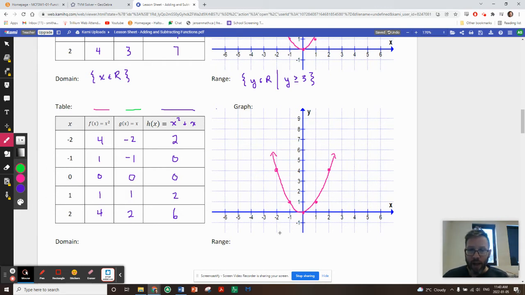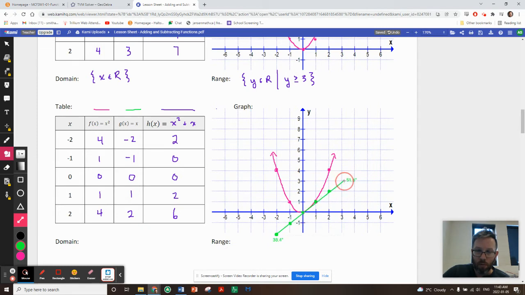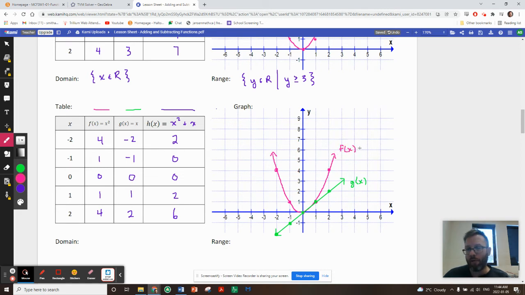For x, we have -2, -1, 0, 1, and 2. And I'll make sure to use my straight line tool. And that is going to be a linear function. That's our function g. This was our function f. All right, what's the graph of